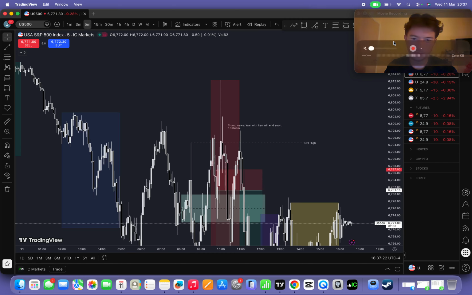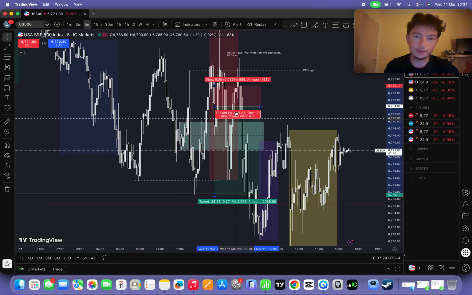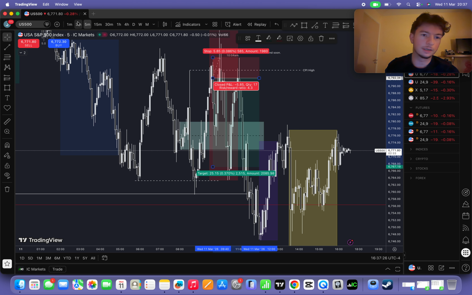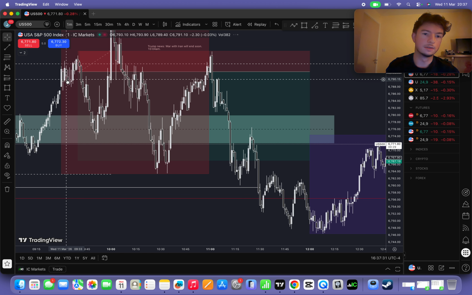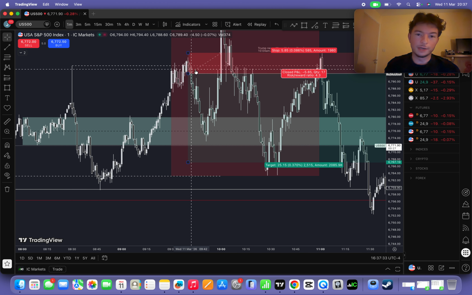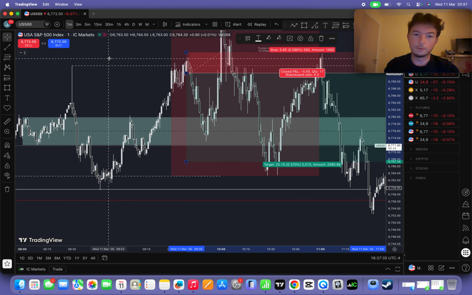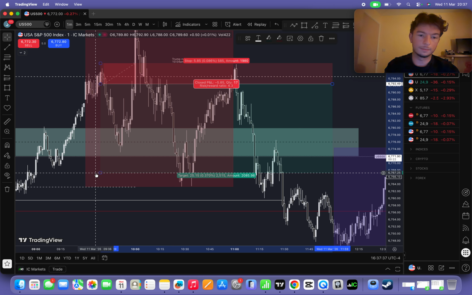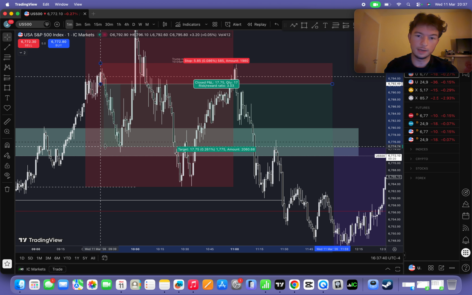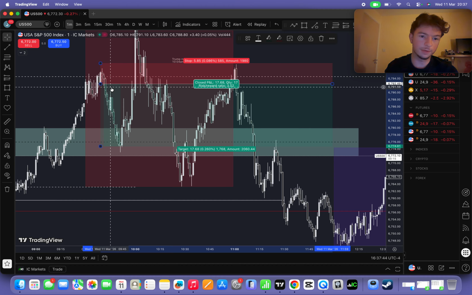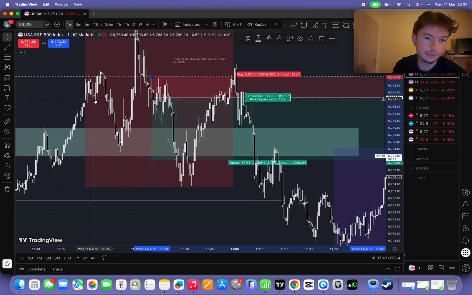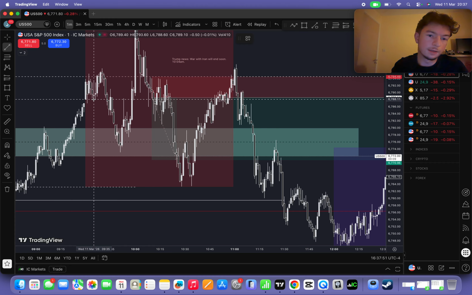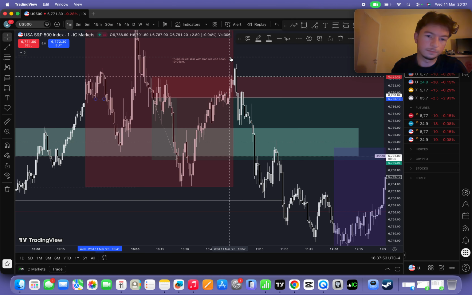For reference, I was toying with ideas around, if we look at, for example, this sort of range here, I was toying with ideas for a 3-to-1. This is currently at 4.3. If we go to 3-to-1, this rejection would have been sweet, or even what I was looking at on the 1 minute, after we displaced below this low here, put that in a full line,